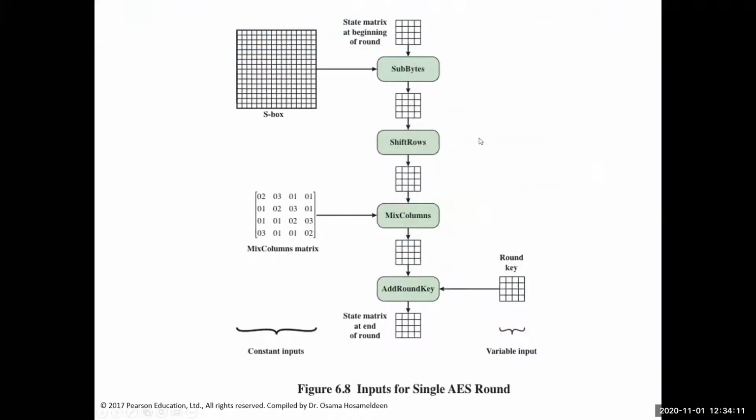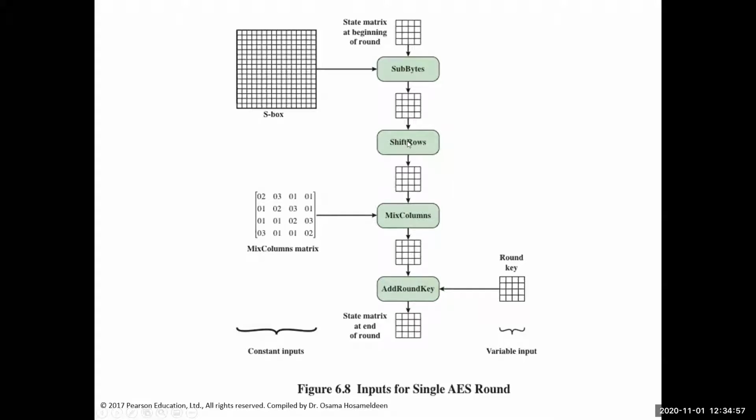And here is the general structure of the AES round. This is a very simple way of representing the AES structure. The first stage here is sub-bytes. This is one round. The entire drawing is one round. We have the state matrix. The state matrix is moved to the sub-bytes, and we need the S box in that sub-byte, and then the output is moved to the state matrix, and you know that the state matrix is important because we are going to use it here, in the round key